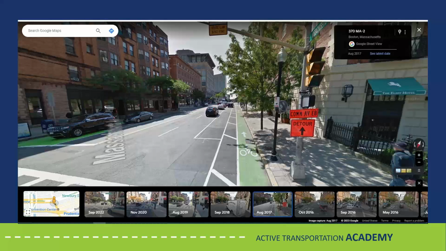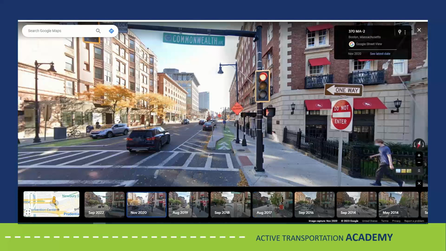Under the Vision Zero program, the city undertook a redesign using a toolbox of signs and markings, flex posts, and timing changes to create a protected bike lane, leading pedestrian intervals, and turning protection for people on foot. And then as sections are reconstructed, the tactical improvements